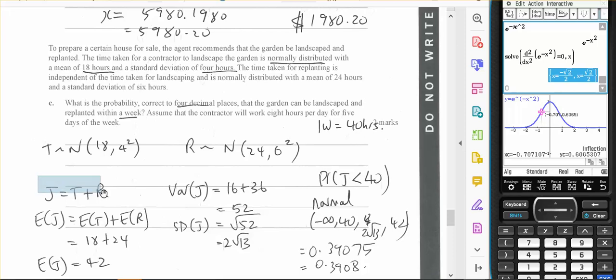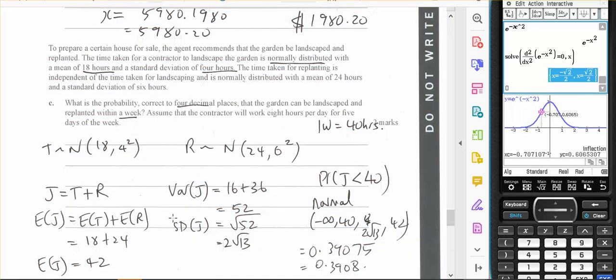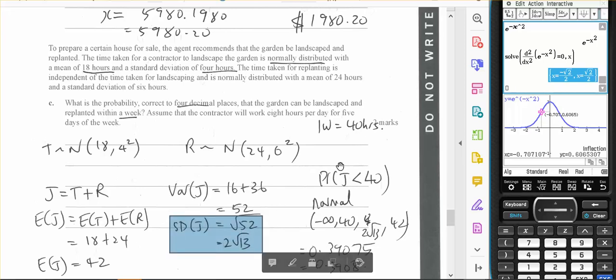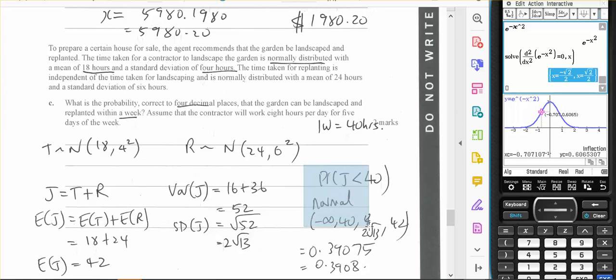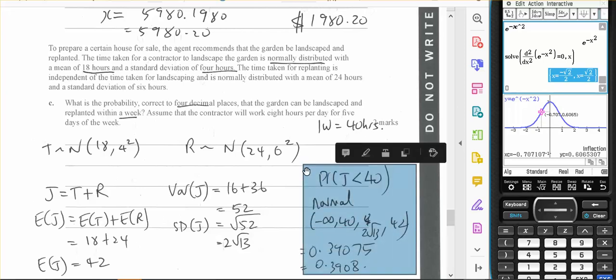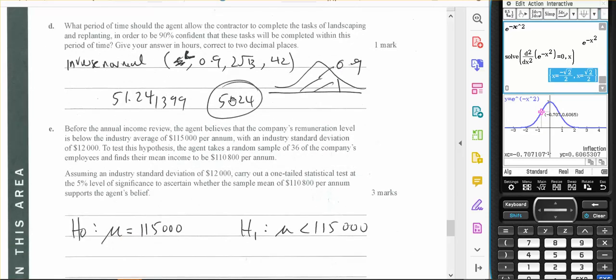So I've said the job is T plus R, which means I can work out the expected value of the job, 42 hours, and the variance and standard deviation of the job using the rules, and the probability that the job will be less than 40 hours is 0.93908. Over the page, we're interested in this area here being 90%, so left end 9.9, and I've got a new standard deviation